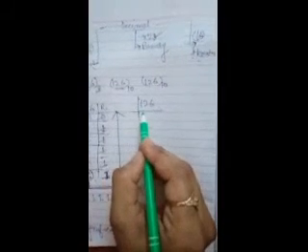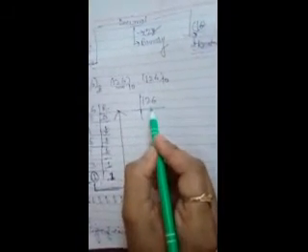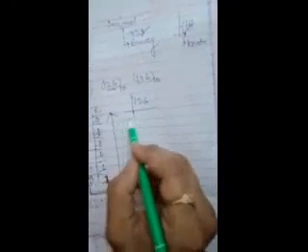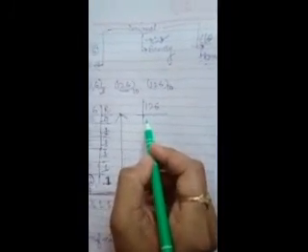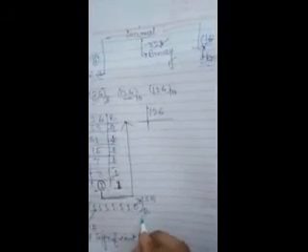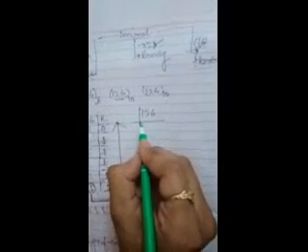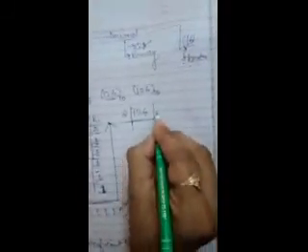Now I will tell you the method through which you can convert the decimal number system to the target number system, that is the octal number system. You can see the method of converting is exactly the same, only the divisor will change, and the divisor will be the base of the target number system. Here the target is the binary number system, and the base of binary is 2, so the divisor is 2 here. Similarly, if I want to change the decimal number system into the octal number system, we will have to divide the number by 8, and similarly we will write the remainder on the next side.